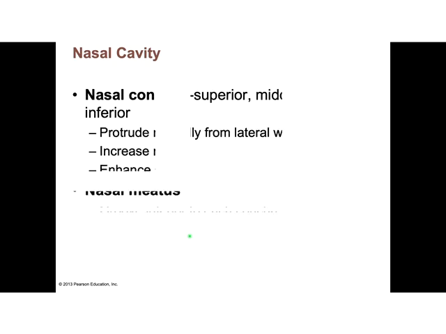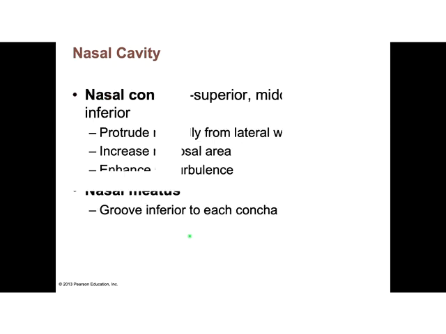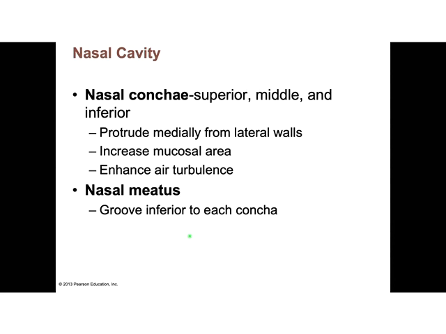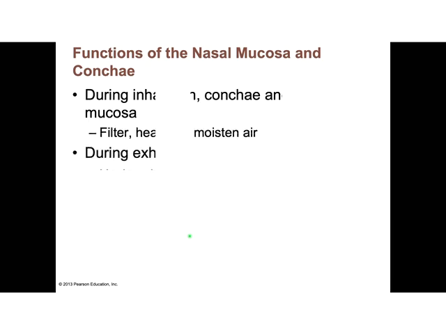The nasal conchae, the first two are part of the ethmoid bone. The last one is its own bone. Their purpose is to promote turbulent flow of air into the nasal cavity, and it helps humidify, warm, and filter it, right? So that's why we have those ridges. During inhalation, the conchae and the nasal mucosa treat the air, and during exhalation, they reclaim a lot of the